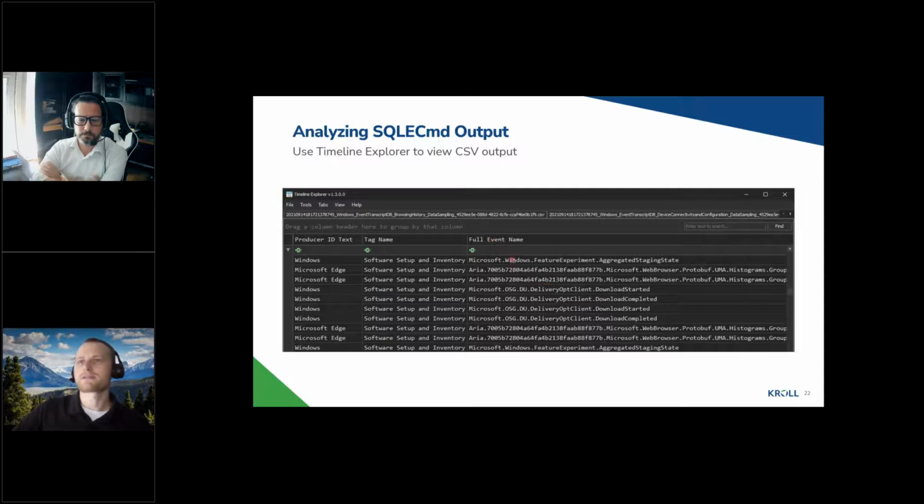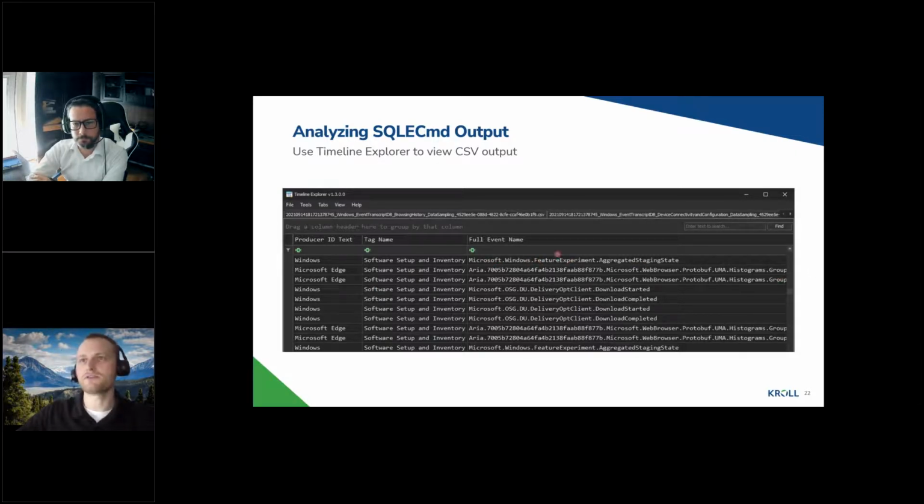Toy around with this. Filter on certain ones that look interesting, right? Download completed. There's going to be a column over here to the right called payload or JSON payload. I forget exactly what I have it as, but each one of these events is going to have a unique payload, just like how every event log, like a 4624, has its own certain things it logs compared to a 4625, compared to a 4778, compared to you name it, every single one is unique. Exact same thing here. And instead of security 4624, it's this kind of naming convention,